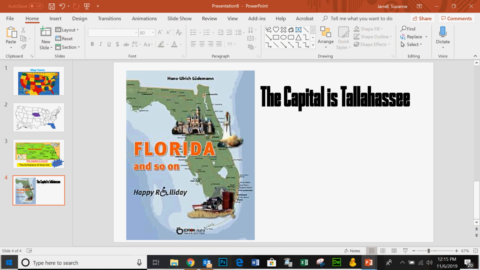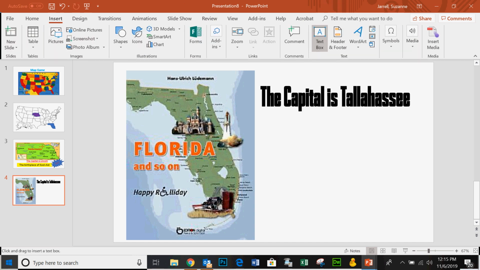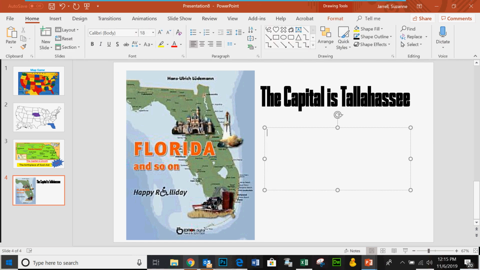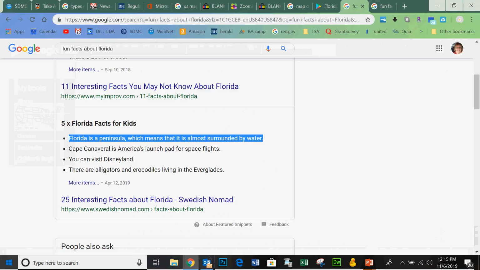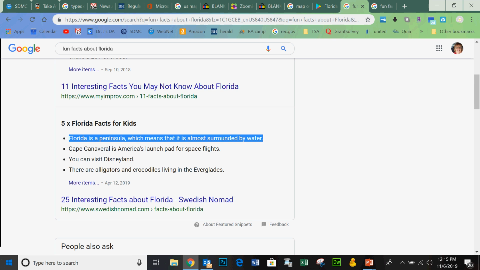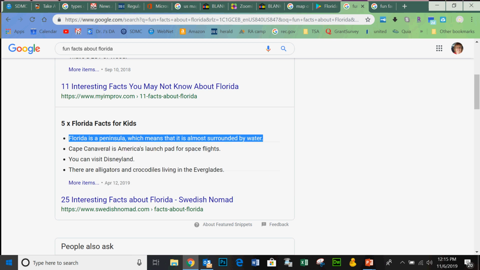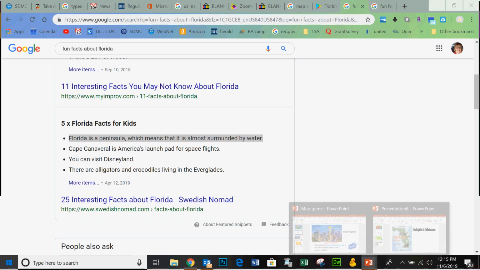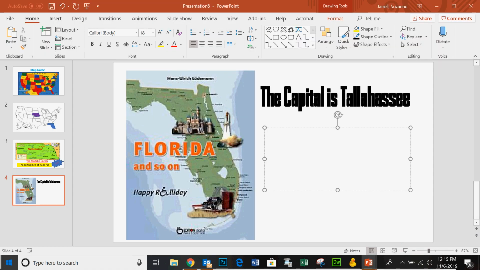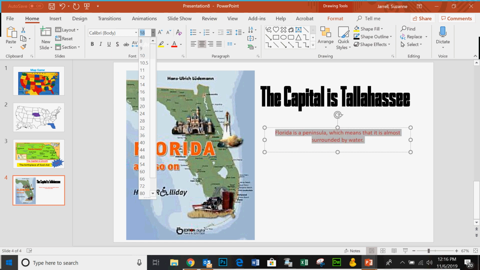Then we're going to insert another text box, and this one is going to be about a fun fact. So here's one: Florida's a peninsula. I don't know how fun that is, but we're going to maybe center it, make it red. We'll make it bigger,